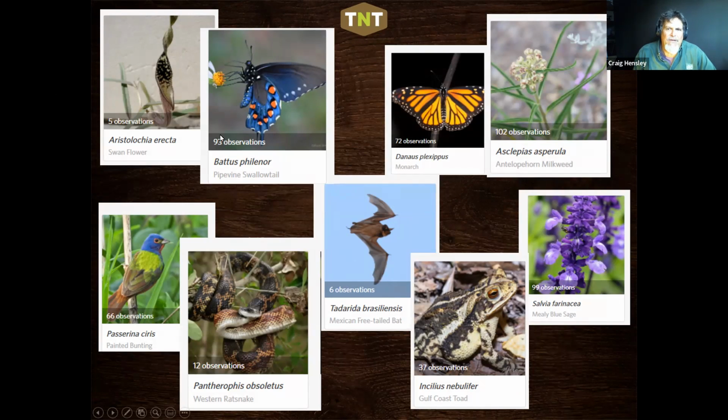Notice there were 93 observations of those. It actually takes about 25 of these plants to feed 1 caterpillar, according to research of the pipevine swallowtail. So there's a whole lot more of this out there in order to have that number of observations of that butterfly. And then of course we have the milkweed, the antelope horn, lots of observations, and with not quite as many observations, but a fair number of observations of the monarch, which of course lays its eggs